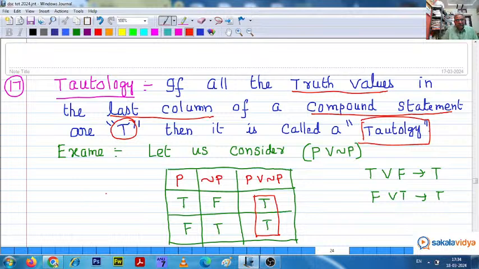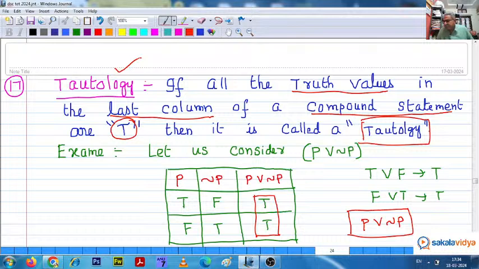So, that means the best example for tautology is there are many examples, but a best example is P or negation P. You remember this one. This is one of the examples for tautology, right. So let us move to yet another concept,